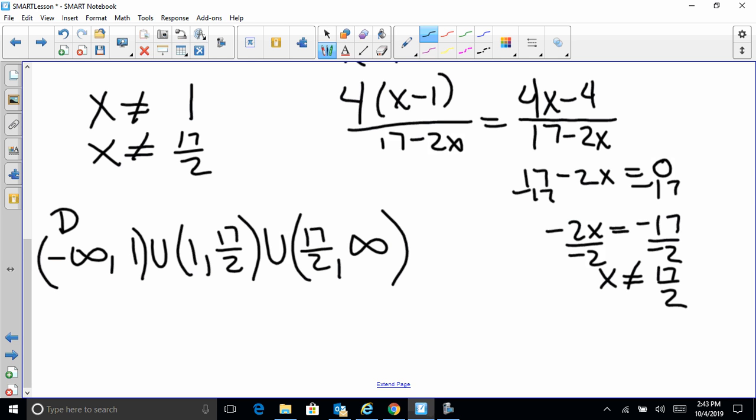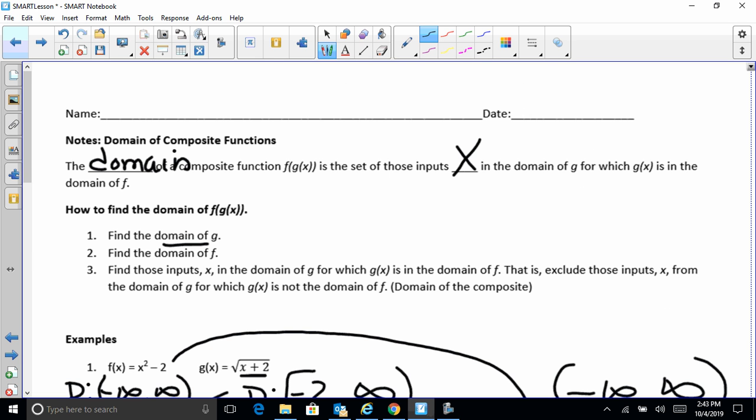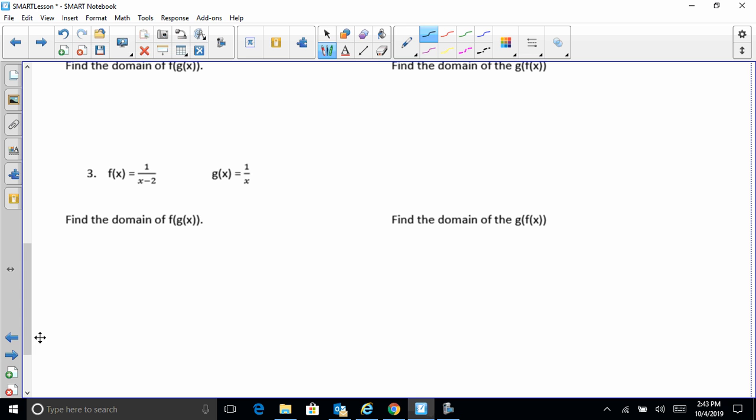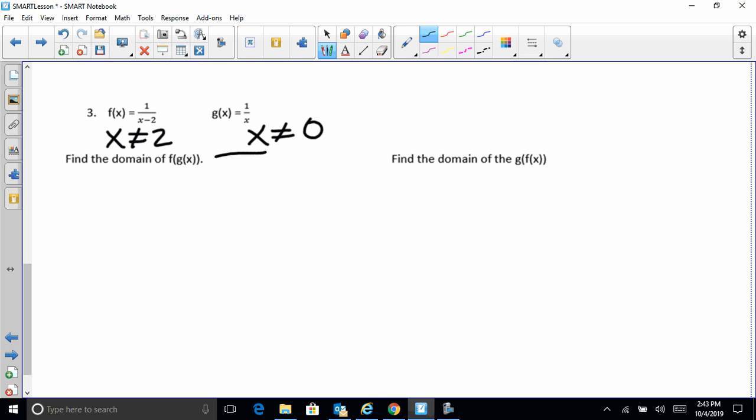All right, now going back, we will look at problem 3. In problem 3, we have a restriction here, x cannot be 2. Restriction here, x cannot be 0. So when I'm looking at f of g of x, I already know, plug it into g, x cannot be 0. So that's one of my restricted values. Now I'm going to plug g into my f,